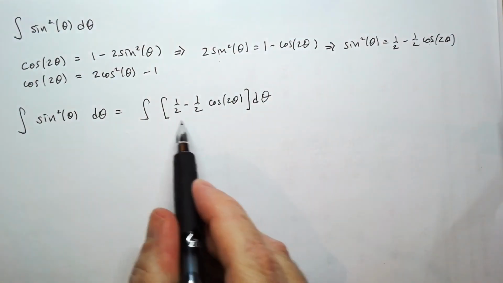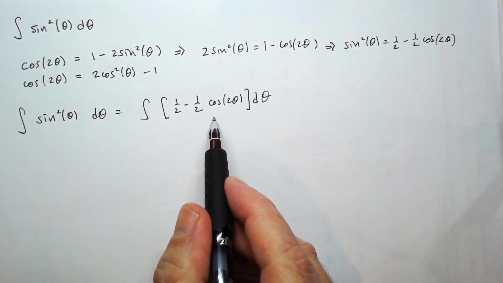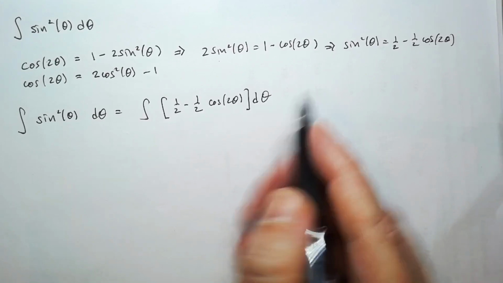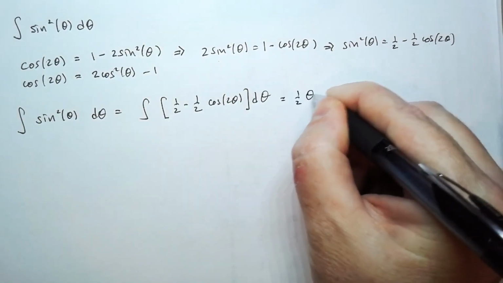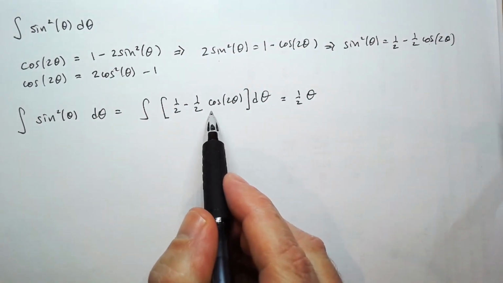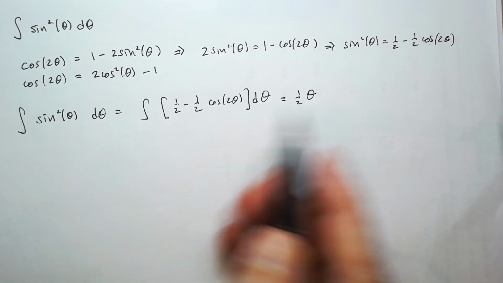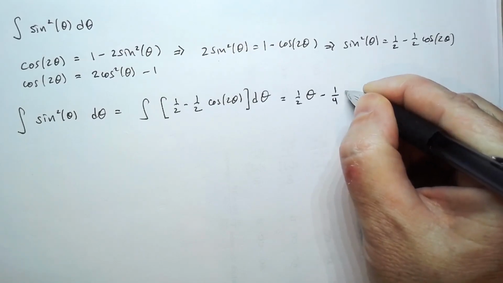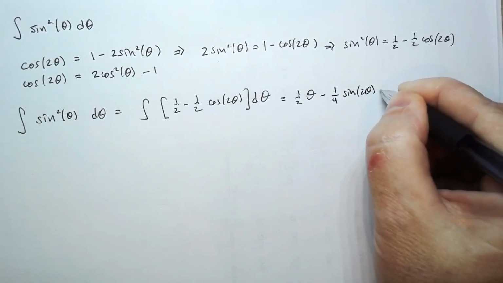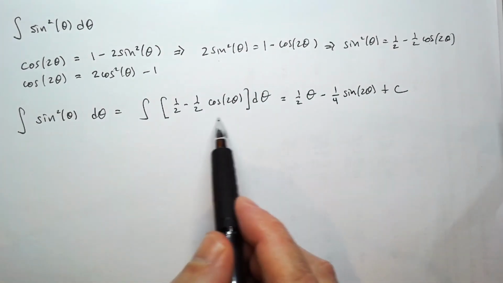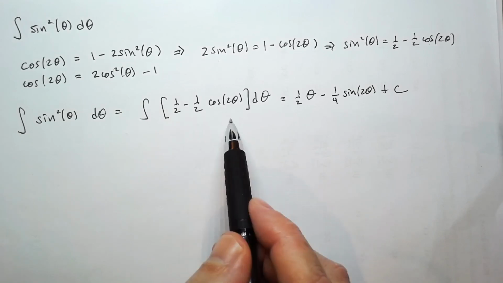And now we just have to integrate this function, which should be somewhat less challenging. If I want to find an antiderivative for 1/2, and my variable is theta, I would guess that would be 1/2 theta. Here I have cosine. An antiderivative of cosine is sine, but I have a 2 in here, and I might, after thinking about it for a moment, guess that this should be 1/4 sine of 2 theta, and then plus some constant. If you don't see why this should be 1/4, we could use a u substitution with u equal 2 theta on this part of the integral.